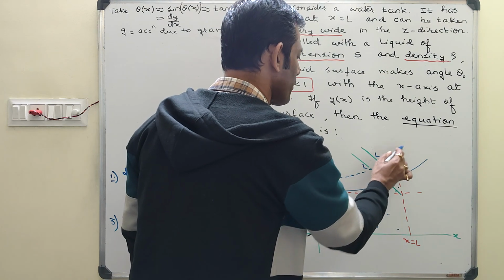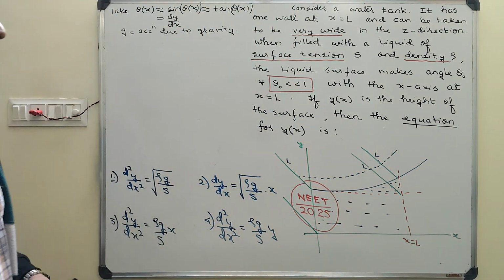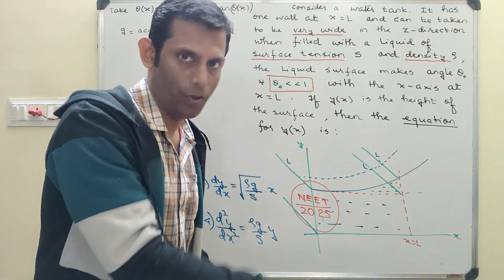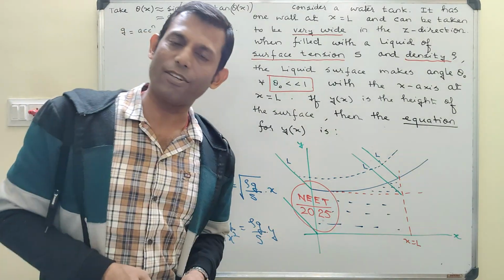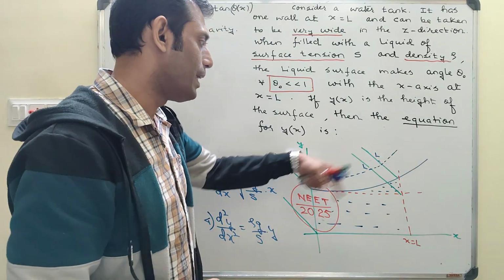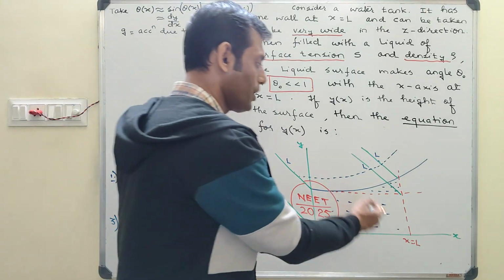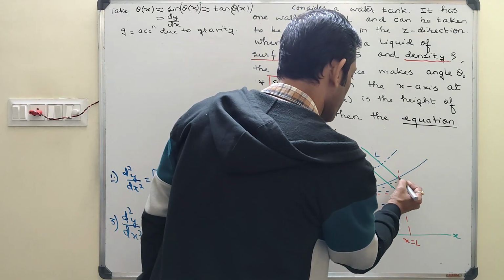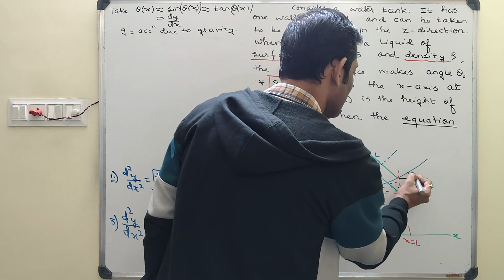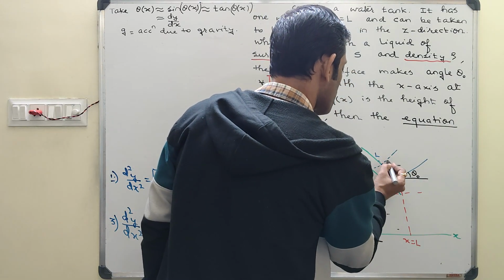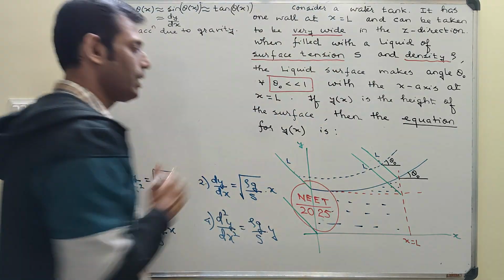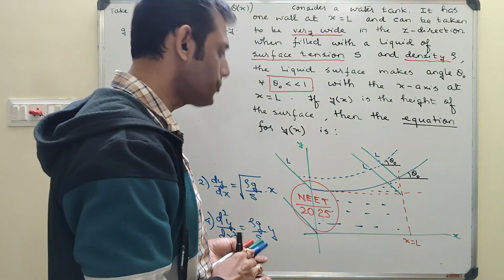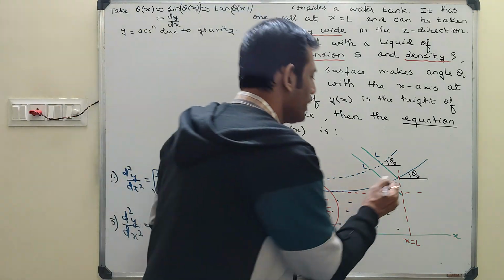Now, how does surface tension affect the pulling up of the water level? Surface tension acts along a length. We have the length. Surface tension of this liquid is S. That generates at this point an angle theta naught, at this point an angle theta naught everywhere, wherever you see the water level. And then if I take this point as point P,